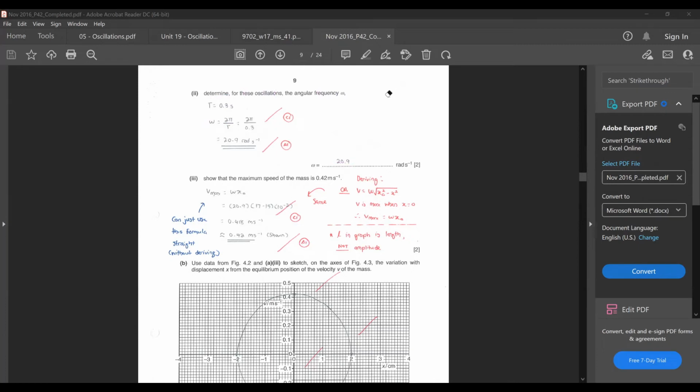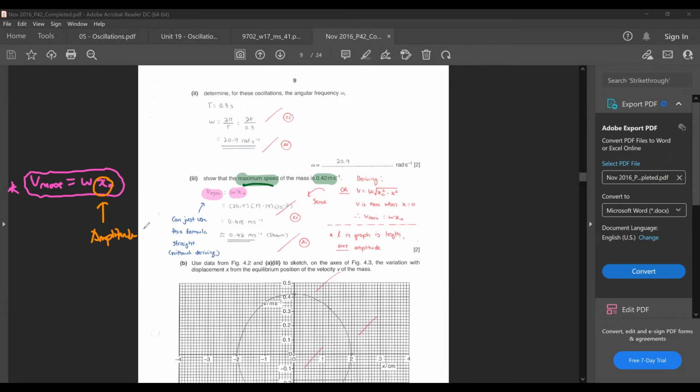And then the next one is: show that the maximum speed of the mass is 0.42 meter per second. Okay, so the keyword here is maximum speed. If you want maximum speed, it's already mentioned to you, you just need to take omega x naught. You don't really need to show the derivation. You can just straight away write this equation whenever you see that they ask you to find out the maximum speed. So Vmax is omega x naught,